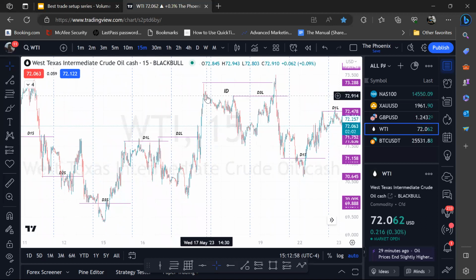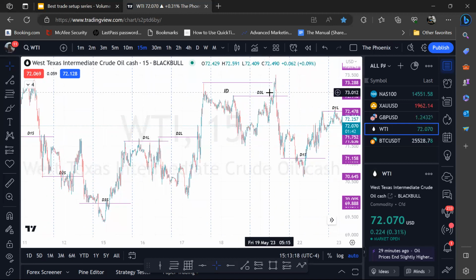And then the following day, we had an inside day, which is a perfect example of what I was trying to explain in the definition, where neither the high nor the low of the previous day was taken out. So we're still at day 2 longs in the market. Day 3 comes along, takes out this day's high along with the other day's high before that. And we now have day 3 longs in the market. So we were still looking to buy.